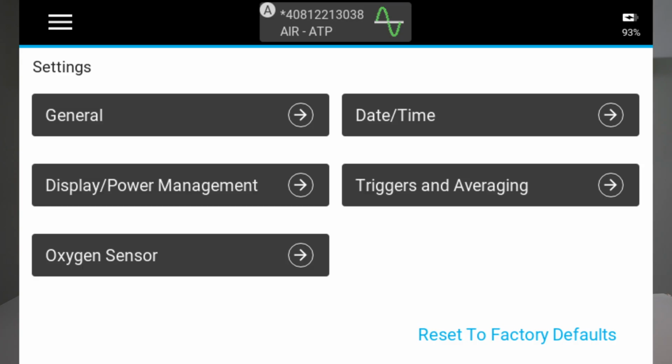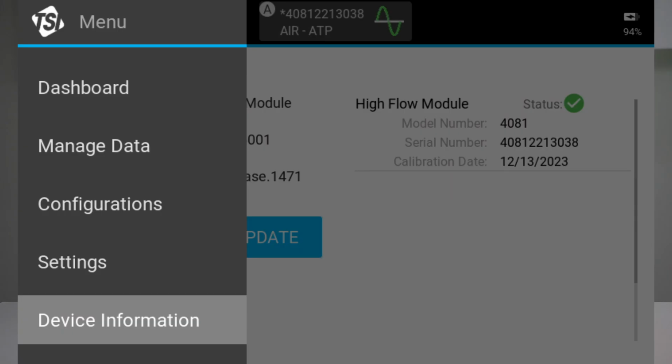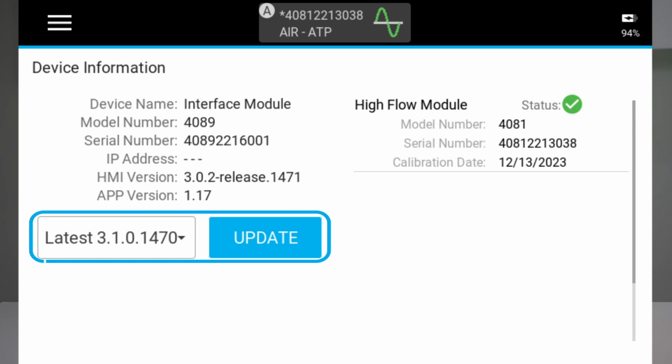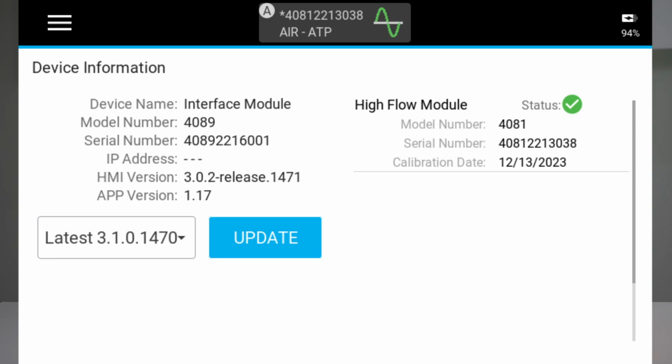It's also where you can calibrate the oxygen sensor if there's one connected to your certifier flow analyzer. The Device Information option takes you to the Device Information screen where you can view information about the certifier such as the model, serial number, firmware version, and last calibration date. This screen is also where you can update the instrument's firmware.